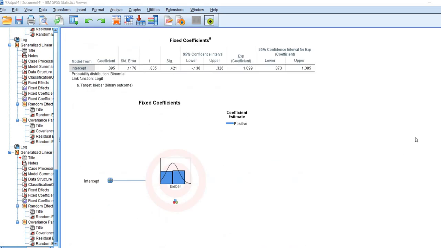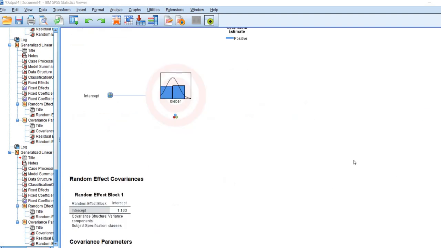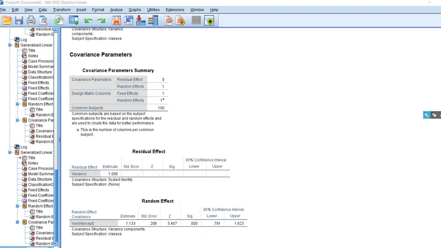I am going to scroll down and look under the fixed coefficients box. You can see there's our intercept. This is the grand mean of all the classroom intercepts. You can see that there is a t-test and a significance value given. That's if you wanted to test whether the intercept is significantly different from 0. Quite often that's just not going to be very interesting or important to folks, only if there's some theoretical reason why you would want to do that. So we're not going to bother interpreting that, but we will scroll down, and you'll see that we've got our